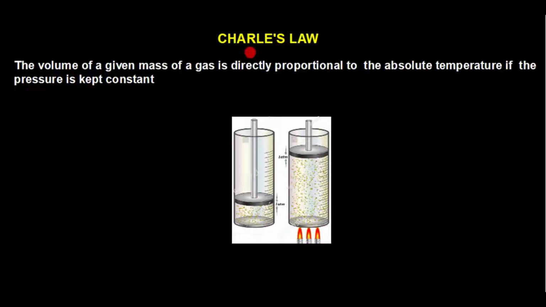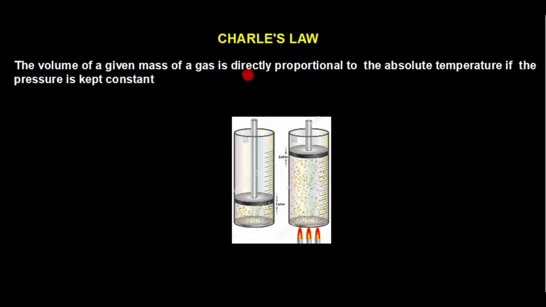In this video we will discuss Charles's law. French scientist J. Charles in 1787 studied the relationship between volume and temperature at constant pressure and presented his law